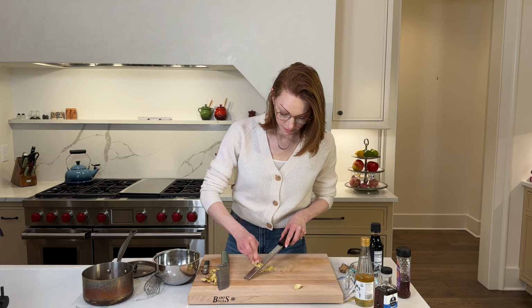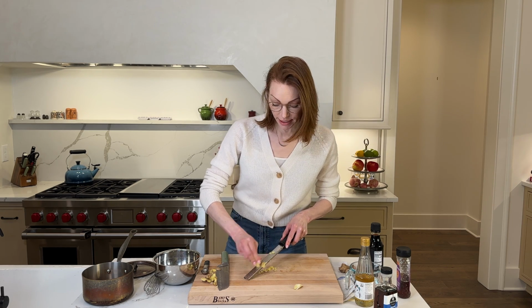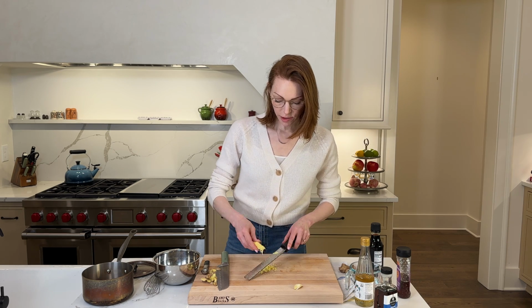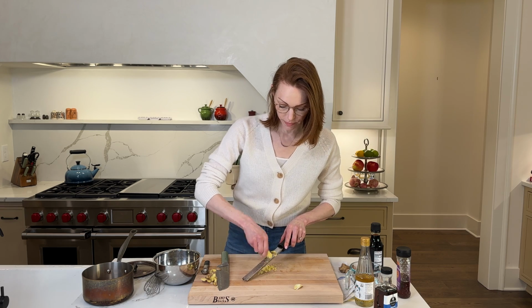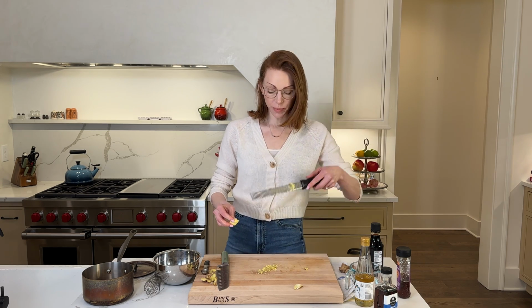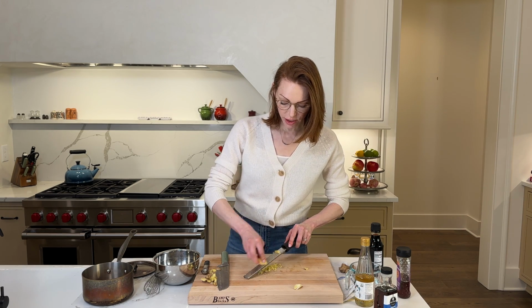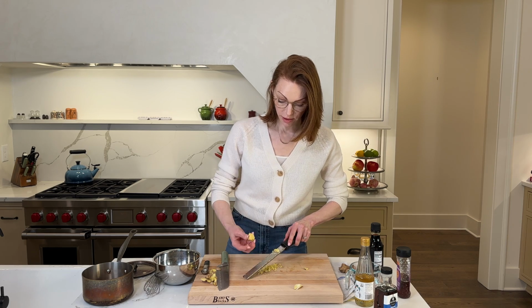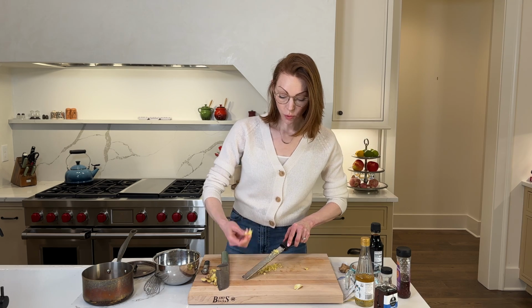So good. I love fresh ginger. Another thing that is a game changer. This is one of those things that's worth the extra work instead of just store buying it, just doing it at home. And it's so easy. I have all different sizes of these microplanes. They really come in handy. You can use it for grating cheese. The garlic will do. I mean, you can grate anything on these within reason, but they're worth having in your